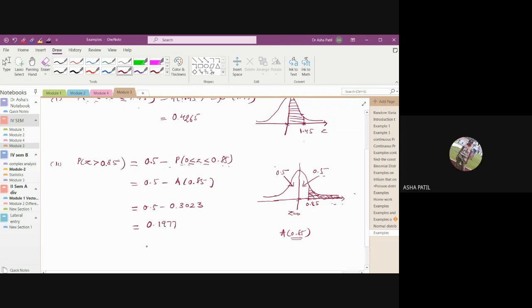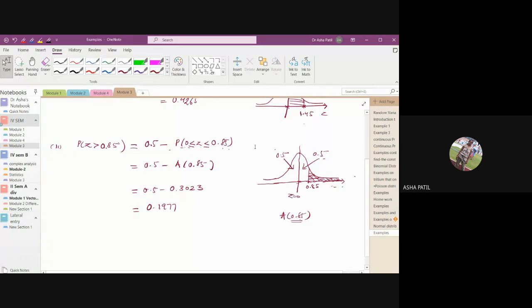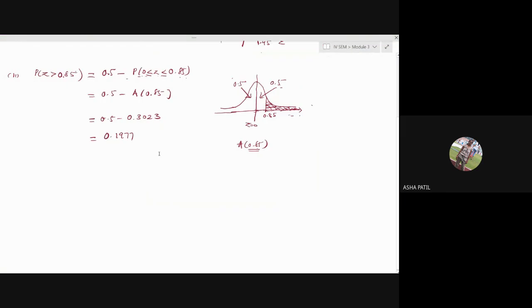Do you have the table or should I display it on the screen? Others, those who are telling answers, I know they are having the table. Other students, reply, then I can do anything. See that you know how to check the values in the table, otherwise it will be difficult for you.